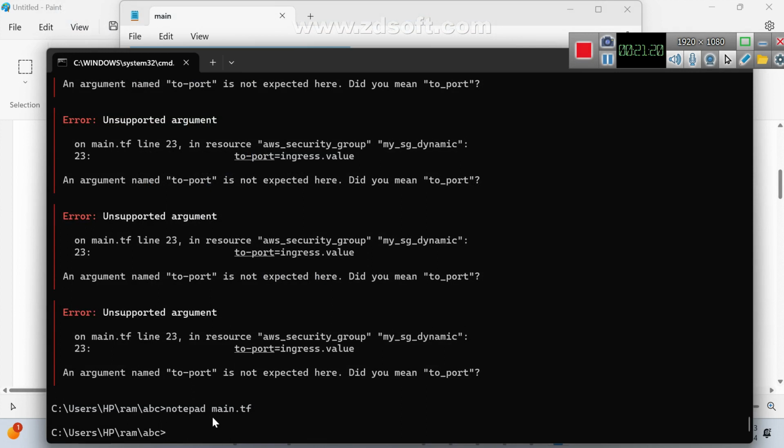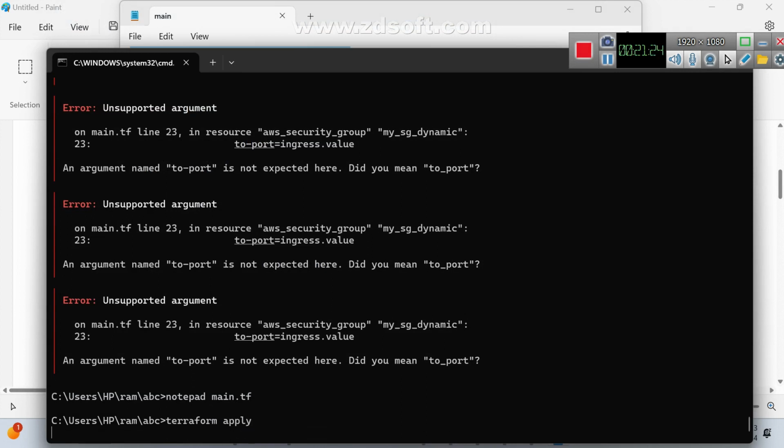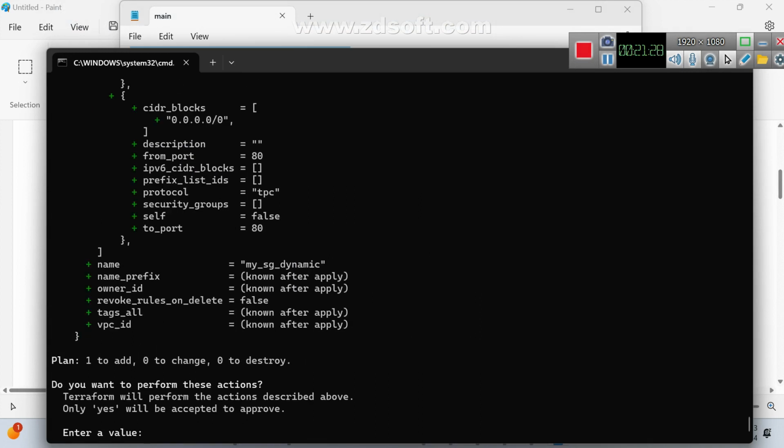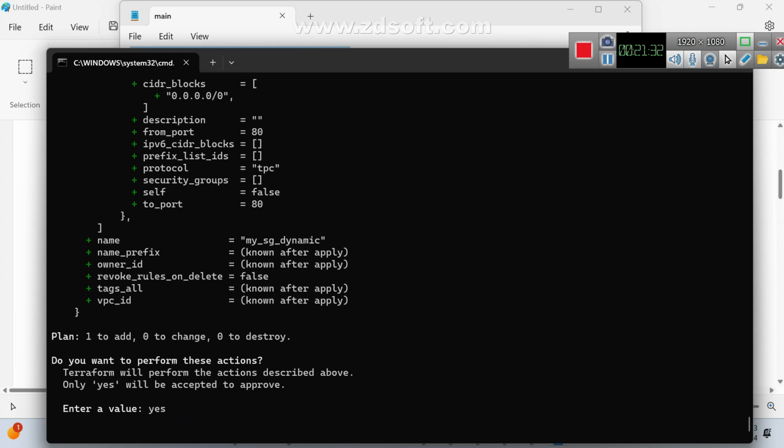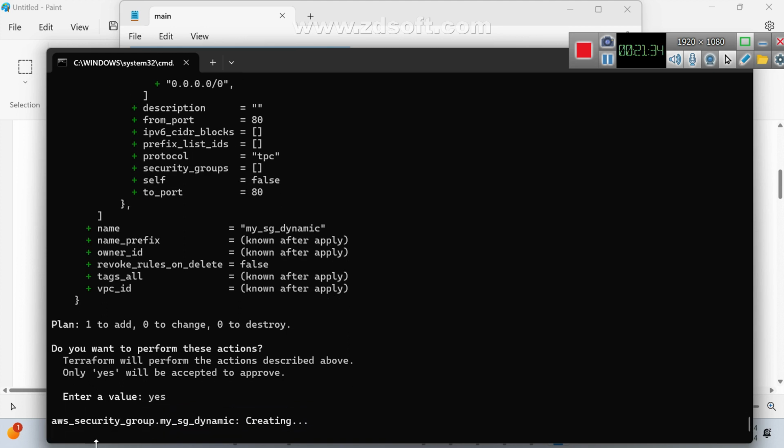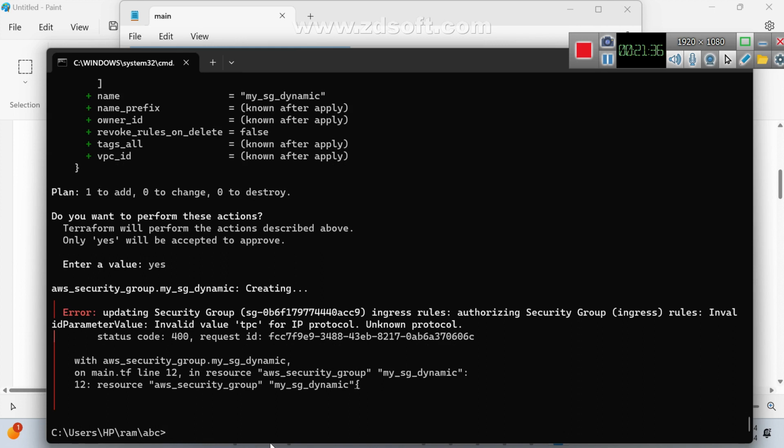Yes, try to apply. Now it is taking time. See, one resource got created. Now check it quickly. Now I'm going to the ingress rules. Okay.